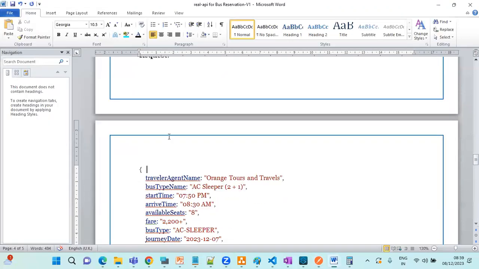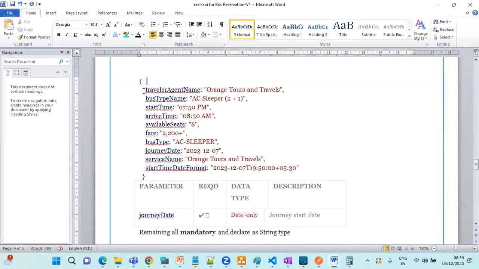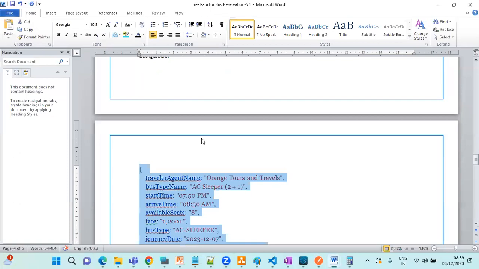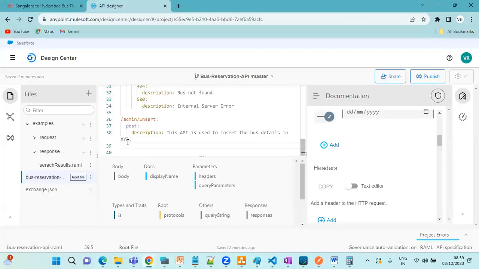Okay, anyway, we'll test this one. Don't worry about that. Then what you can do, just copy this one. Go to your API, XYZ, post is done. Okay, now here you should not select query parameters. Okay, you have to select